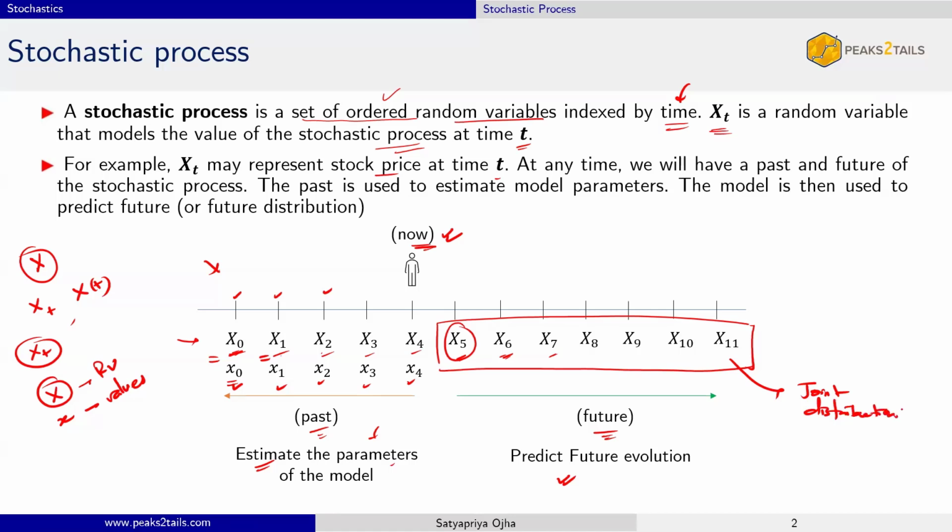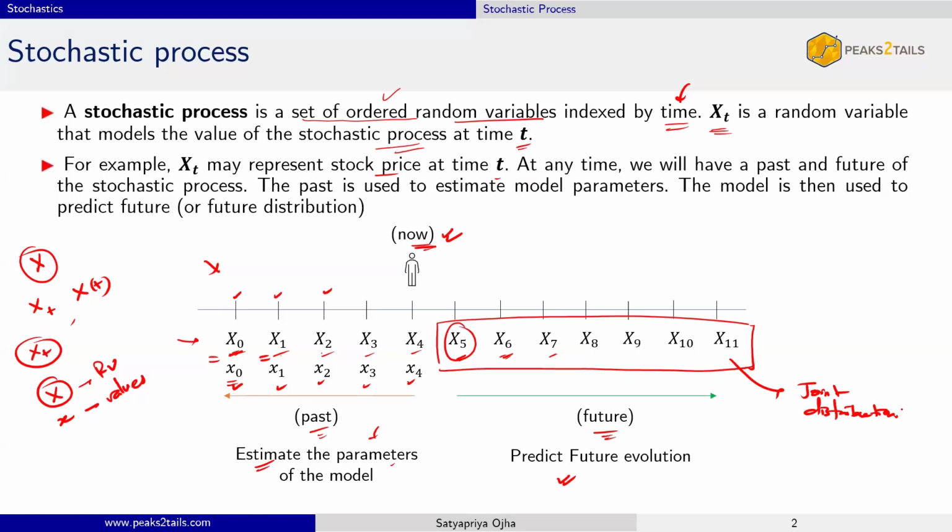It's simple. See, how do you define a random variable? Through a PDF, correct? A normal random variable is fully defined when you specify the probability density function. This is the mu, this is the sigma. Everybody knows what the PDF formula is. Once you define the PDF, you define everything. You can find out expectation, you can find out variance, all other things, right? So if we want to specify the stochastic process, you have to specify the joint distribution of the random variables, because it's not just one random variable, it's a collection of many random variables, right?